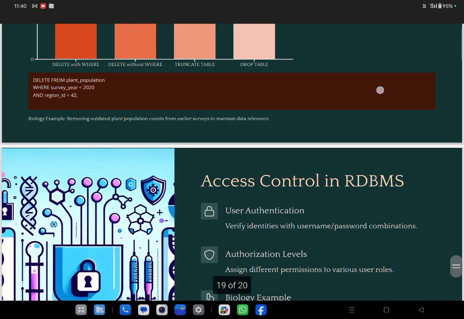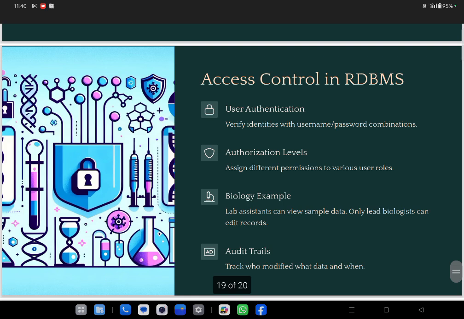So next is the access control in RDBMS, relational database. You have a user authentication which verifies, identifies with username password combination, username password দরকার, authorization level, assign different permissions to various user roles. যেরকম আমাদের কলেজের মধ্যে, তোমাদের অ্যাটেন্ডেন্স দেওয়ার ক্ষমতা আমার আছে, কিন্তু ভুল করলে ওটাকে ডিলিট করে দেওয়ার ক্ষমতা নেই, ওটা কিন্তু সিস্টেম অ্যাডমিনিস্ট্রেটরের আছে, জয়প্রকাশের কাছে। হ্যাঁ, তো যদি বাই চান্স গন্ডগোল হয় জয়প্রকাশকে গিয়ে বলতে হবে, জয়প্রকাশ তখন বের করে দেবে ওটা।